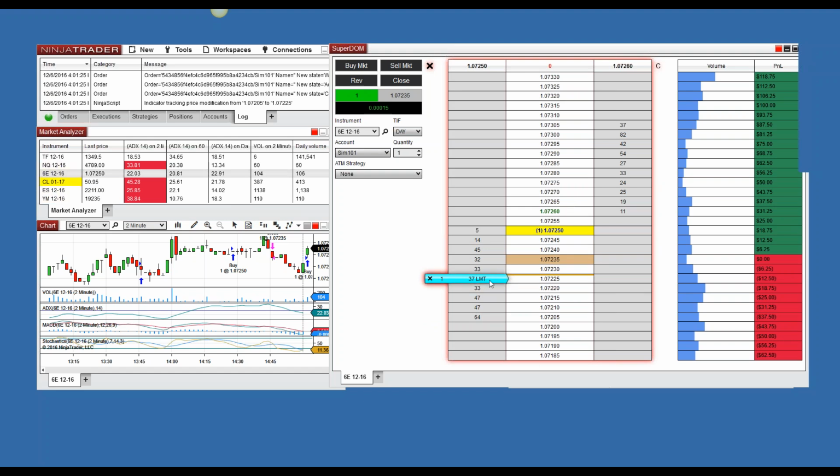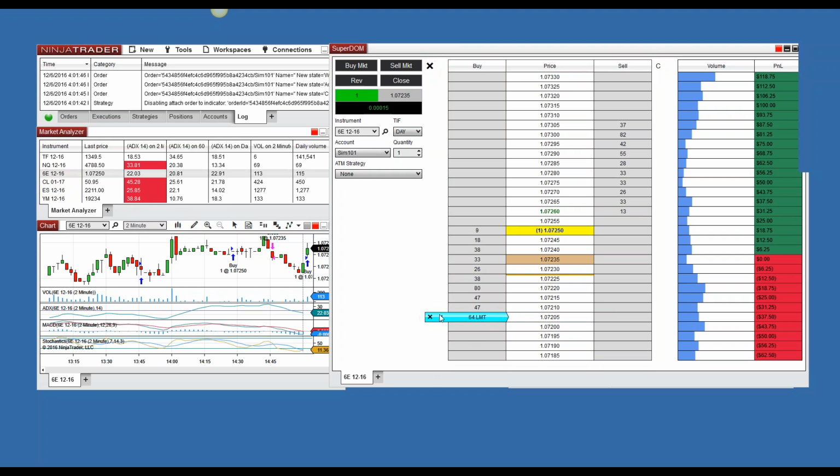And to turn that off, I'm going to right-click on that order to get to my properties on it. I'm going to get to attach to indicator, and I'm just going to turn it off. And so now we're detached again. And I could have done that just by moving it by hand as well. But it's interesting to see what you can do with that, since you can actually do some interesting combinations, like